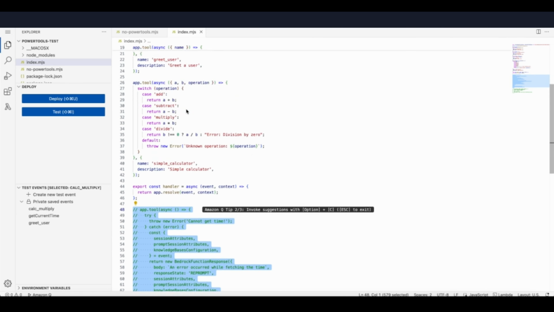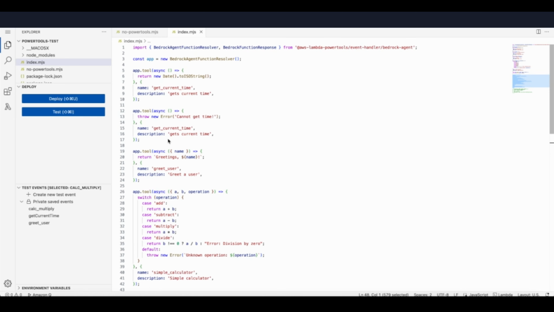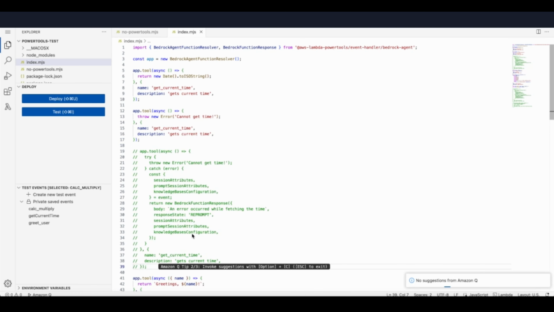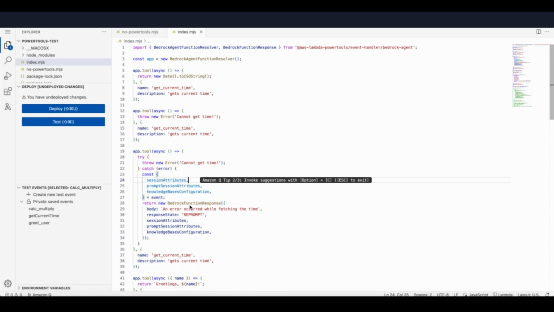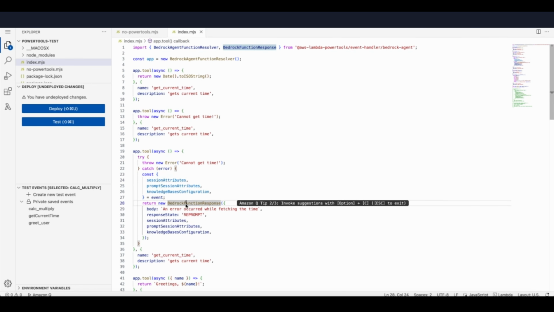So again, what we'll do is we will overwrite the current time function again. And you'll see here, we're actually creating this Bedrock function response and returning it. Under the hood, that's how this tool function works as well. Anything that you return back from this implementation function will be wrapped in this type. What we'll do is, as I mentioned earlier, we JSON stringify the response and we put it in the body here. What you can also do